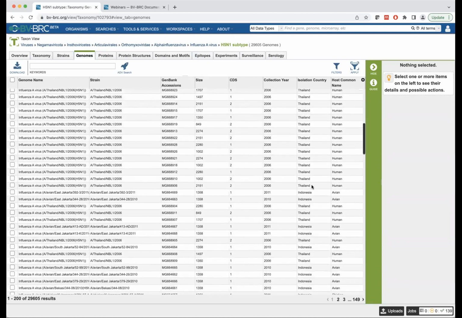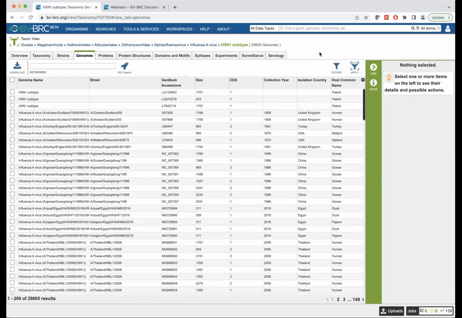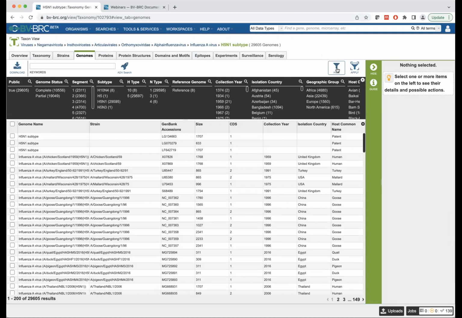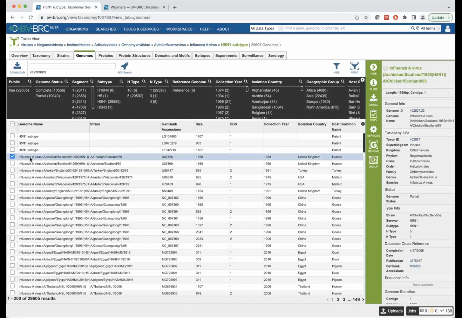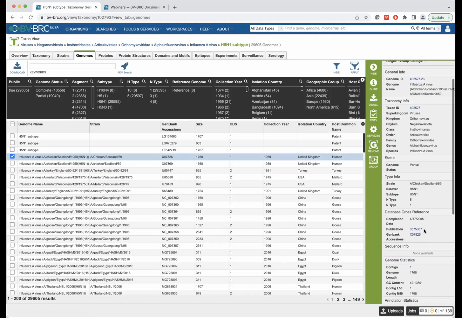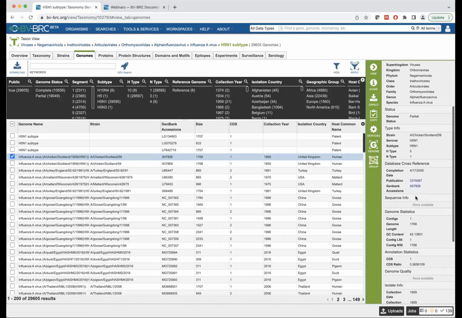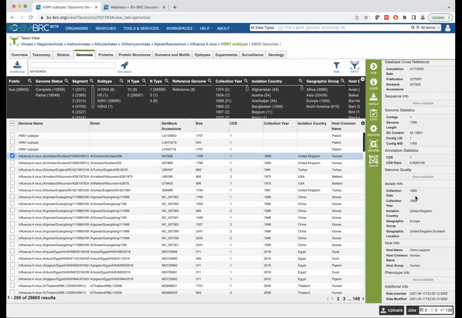They're coming from different hosts, different areas. So I might want to filter the data further. So I can go ahead and click on filters. And this is going to open up a list of the different metadata that's associated with each of these records. Because if I click on these records, you can see all the detailed information that we not only take out from the GenBank accession number, but that we also curate ourselves and add on to the record as well. And so there's quite a lot here,